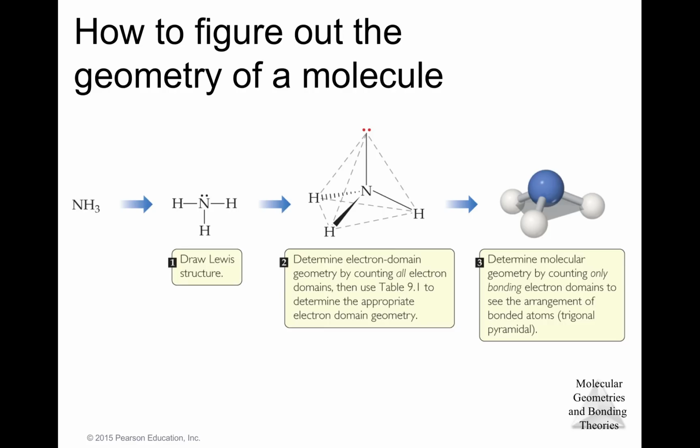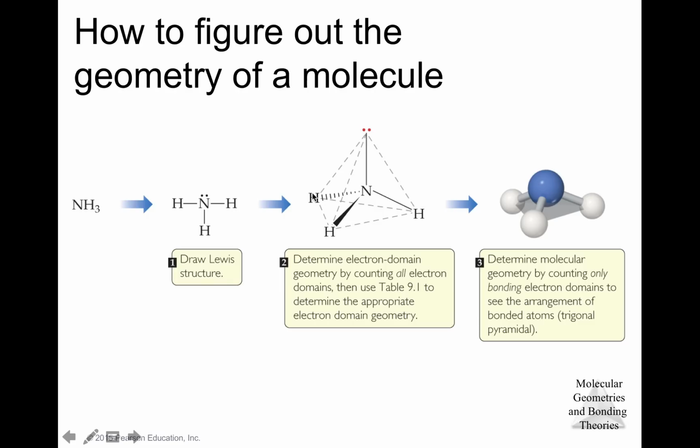This is actually how you go through the process of figuring out what is the geometry of the molecule. So the example here is ammonia, NH3. You now know how to draw the Lewis structure. After you draw the Lewis structure, you count the electron domains around the central atom. So in this case, the nitrogen is surrounded by 1, 2, 3, 4 electron domains, regions of electron density. So you know that that nitrogen is going to have a tetrahedral arrangement of those regions of electron density. So the nitrogen atom will have a tetrahedral shape with a lone pair at one vertex and hydrogen atoms at